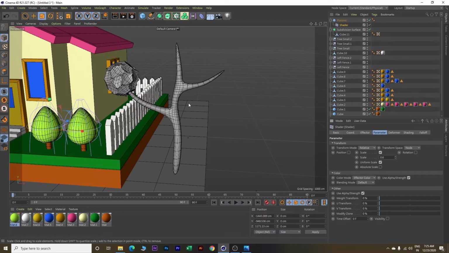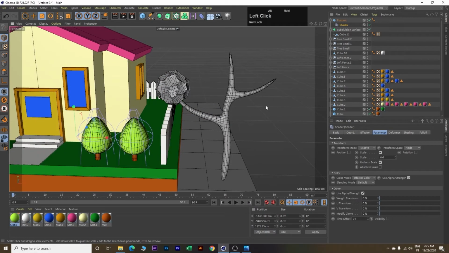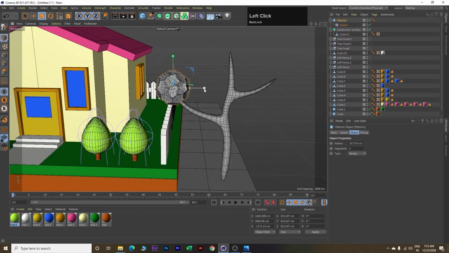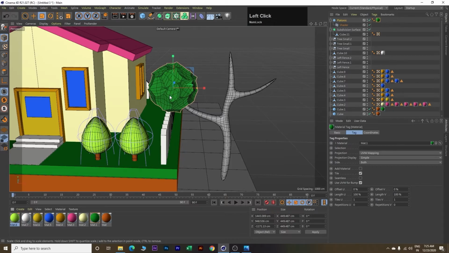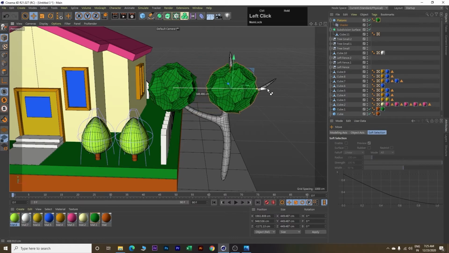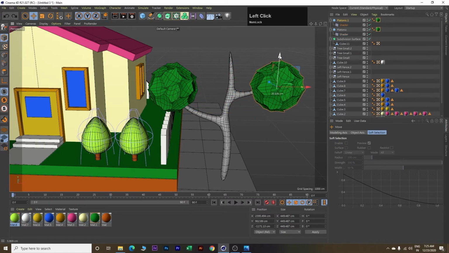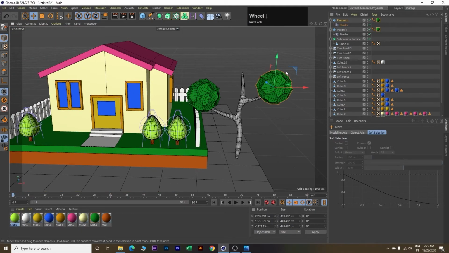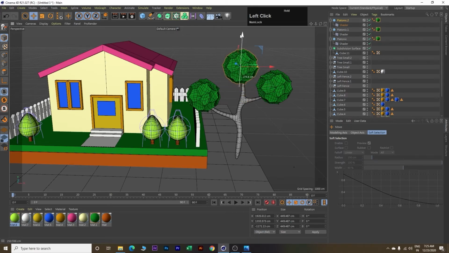Next we will make a copy of these leaves, but before that we will resize it. Next give it a color. Use this green color and drop it here. Next, click E on your keyboard, use the Control button and make a copy of this and place it over here. Zoom out, again make another copy and place it on top.